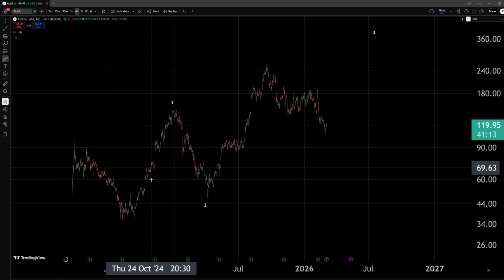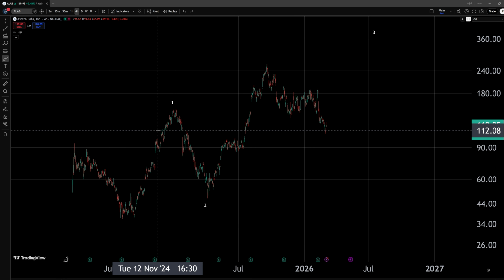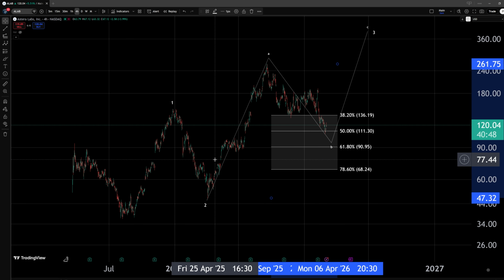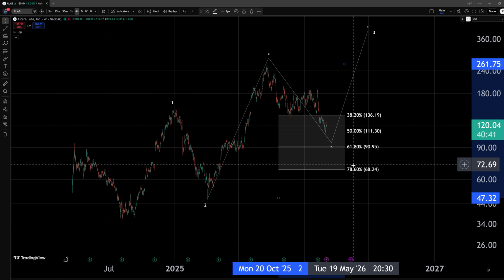I could consider this very easily just a WXY pattern, for example, where a top would be in place in a corrective pattern and we may be heading to much lower prices. Not something that we would ideally want to see within such a structure, within a reliable uptrend. Now, on the chart, we have the area of support in white available to track continuation higher within this idea, and below the $68 level is already a quite great warning sign that this would just become even less